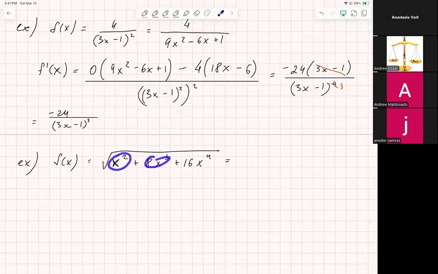Like factor it out, because you see every single term has x squared in it. So we have x squared, then we have 1 plus 8x plus 16x squared, equals to